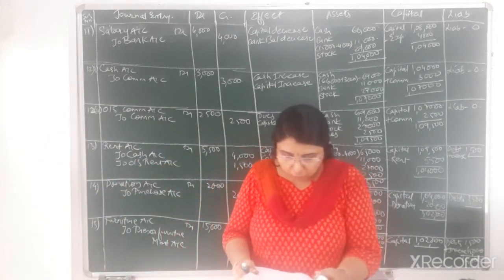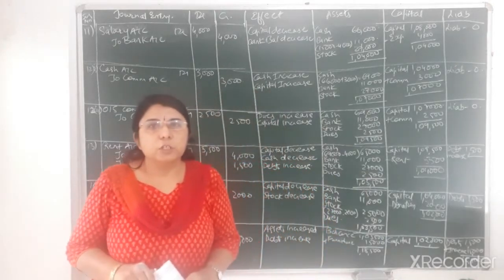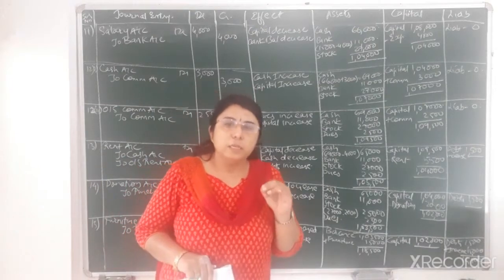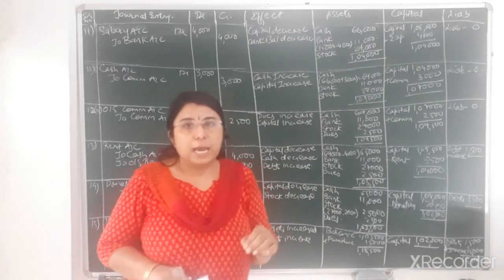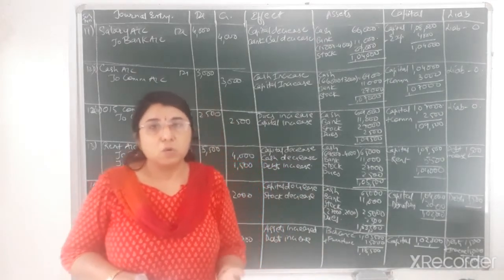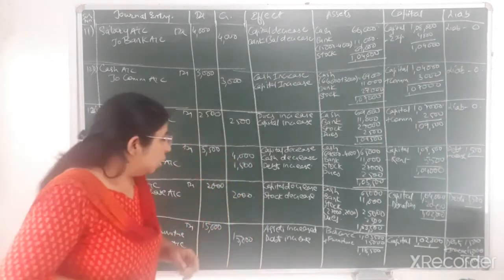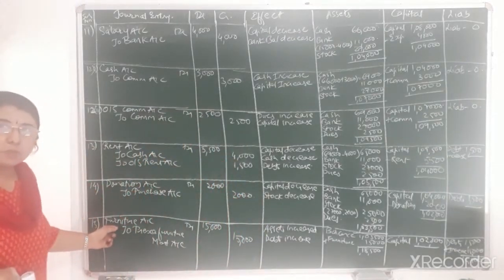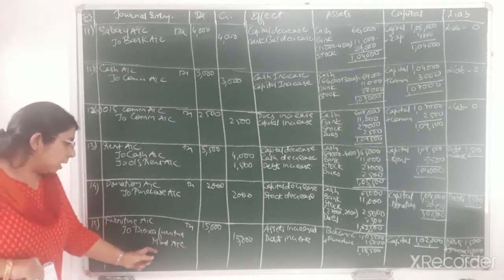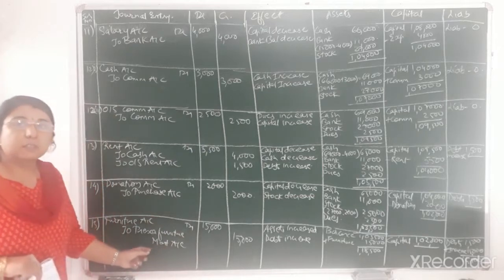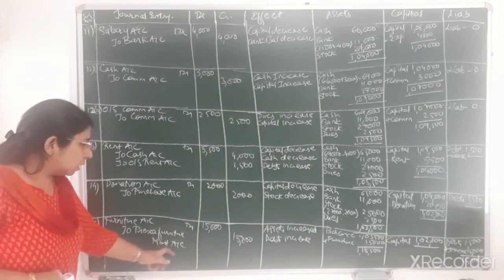Furniture of rupees 15,000 purchased from Preksha Furniture Mart. We have purchased the furniture from Preksha Furniture Mart. So the name of the shop has been given to you, so it is a credit transaction. Our liability will be raised by that much amount. In future we have to pay that much amount to Preksha Furniture Mart. Okay, so the journal entry would be, assets come in, so furniture account debit, that is 15,000, to Preksha Furniture Mart account credit, because Furniture Mart is the giver of the furniture, so credit the giver. So to Preksha Furniture Mart account credit,